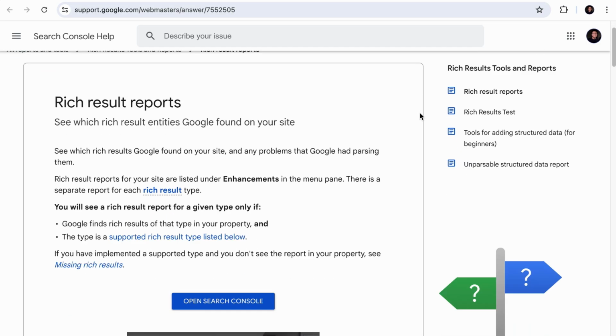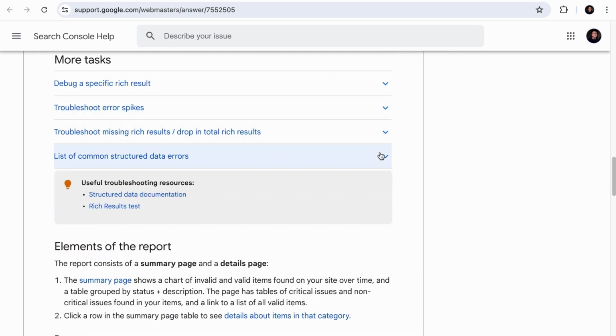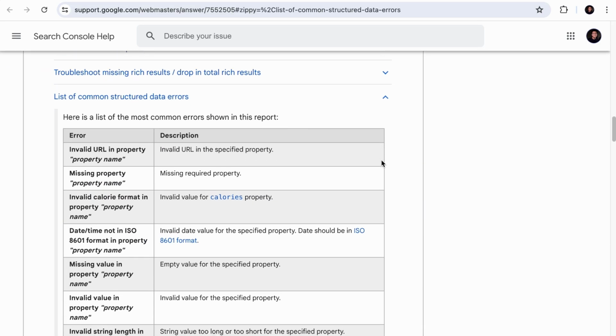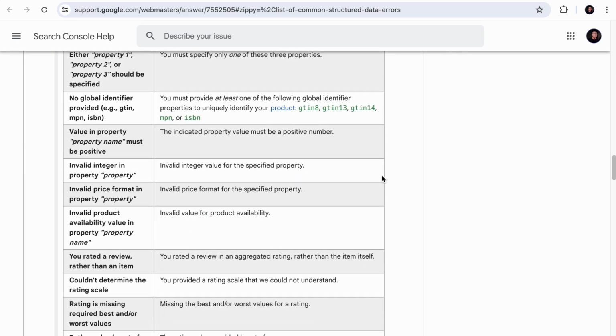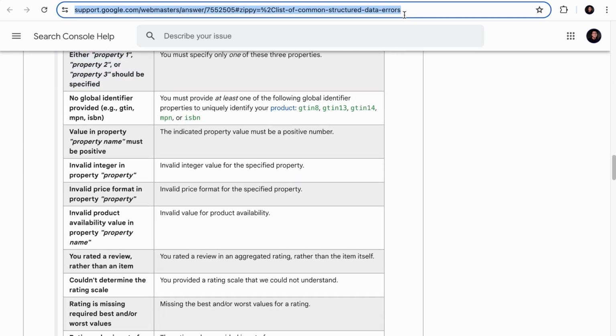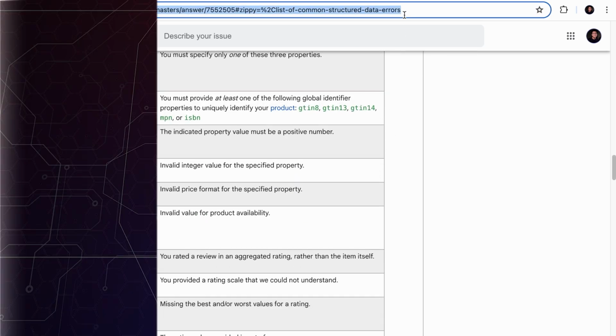If you want to discover the complete list of structured data errors reported in Google Search Console, this is the page you want to visit. This is the link. We have left the same link in the description. And as I've said, if you use RankMath's predefined schema markups, you won't experience most of the issues, but here are some that still exist.